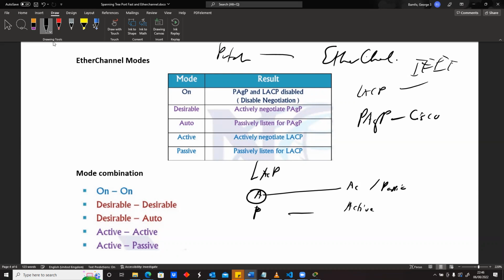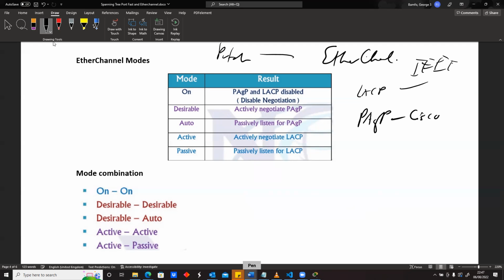So active is just that guy who is open to communicate and wants to negotiate. Basically you have two friends, and one of them is the guy who likes talking, which is the active guy, and the other guy will only talk when somebody talks to them because they're shy, which is the passive guy. And so with active and passive, definitely if the active is the guy who likes talking, there'll be a conversation, and so they'll be able to form part of the channel group or the port channel. And also if we have the two of them being active, because they all like talking, they'll be able to communicate.